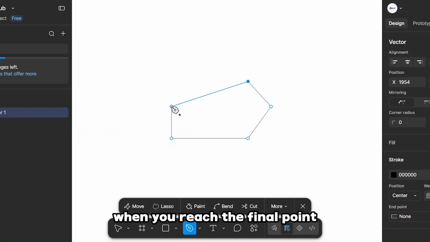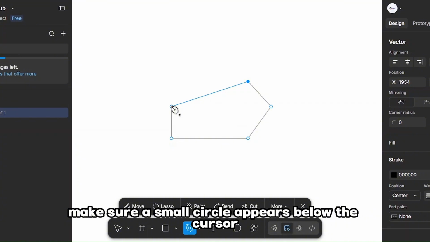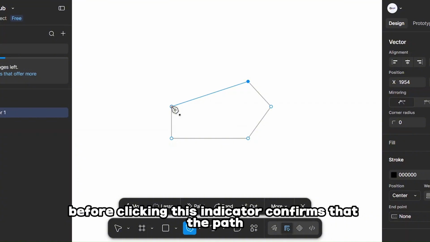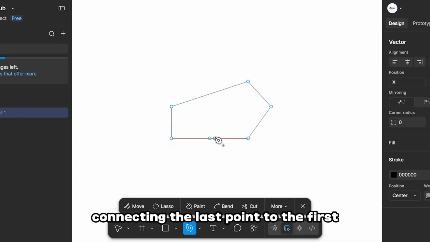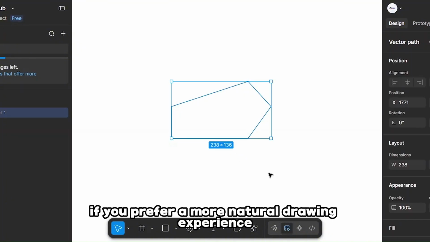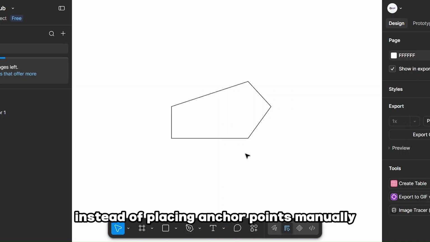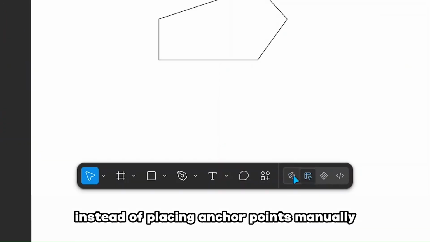When you reach the final point, make sure a small circle appears below the cursor before clicking. This indicator confirms that the path will close correctly, connecting the last point to the first and creating a complete enclosed shape. If you prefer a more natural drawing experience, instead of placing anchor points manually, you can switch to